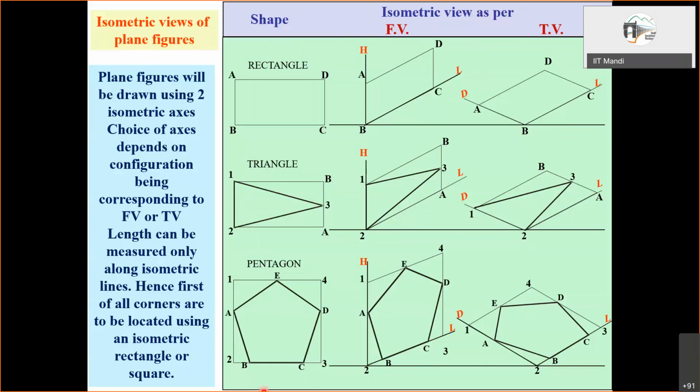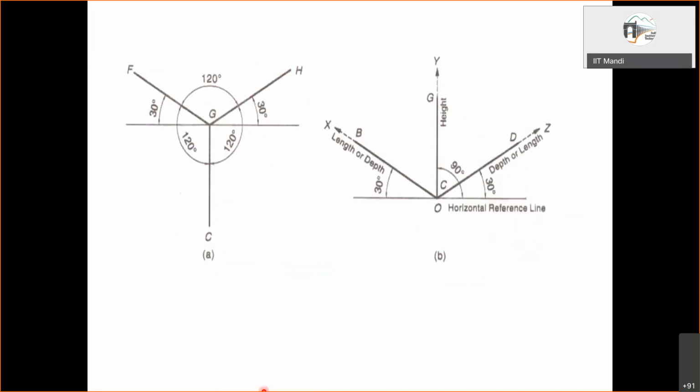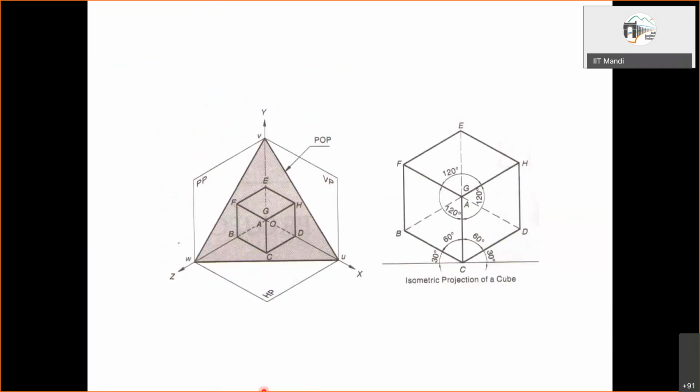Yeah, let us get back to this. So if you consider this one, actually that plane figure we are not considering anyway. What we are doing is only a 2D drawing is given, and then we are assuming that if it is corresponding to this, then what will be the isometric view? If we assume it to be corresponding to this, then what will be the isometric view? That is what we are trying to do. Okay, sir, got it. Thank you.